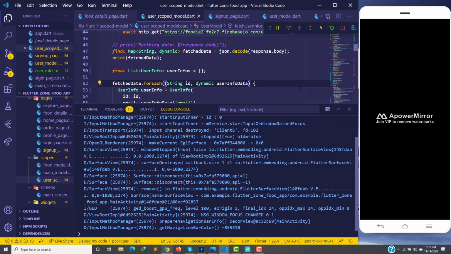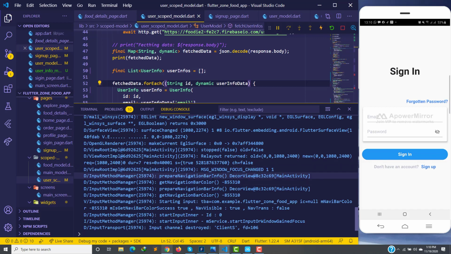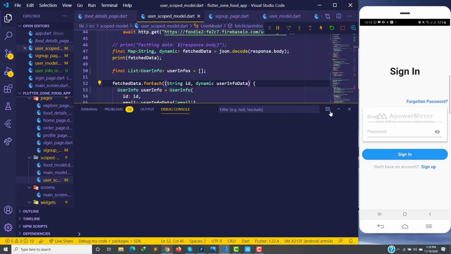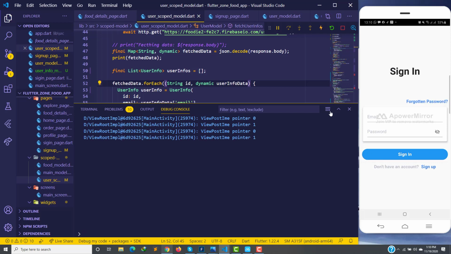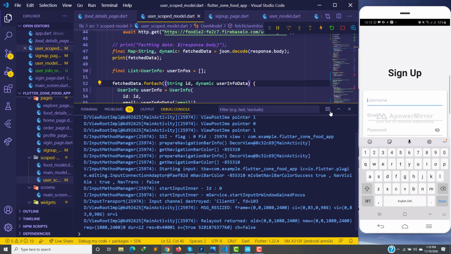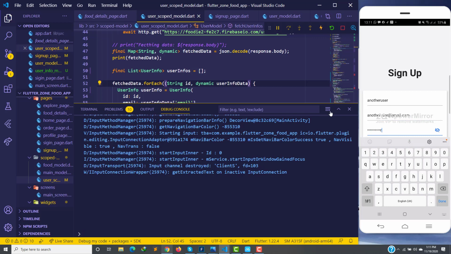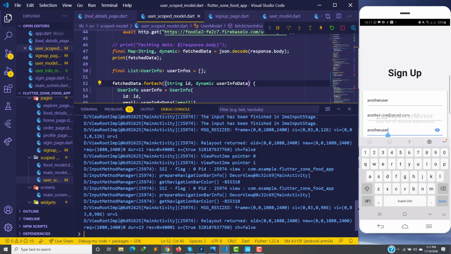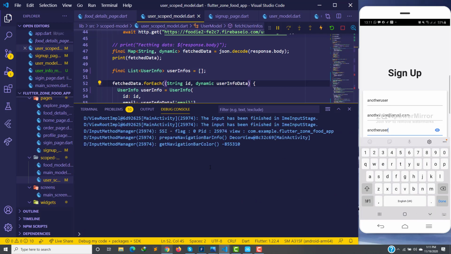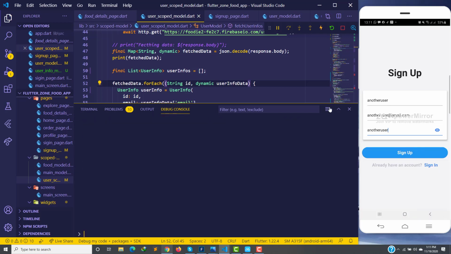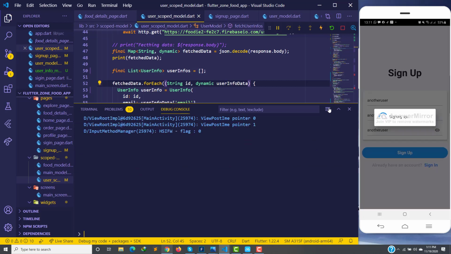So let's try and sign up, and see what we get. So sign up, and then we say another user at Gmail dot com, and then we can use another user as the password. And I want to clear this so that you can see what we have printed in our console, not database. Sorry. So let's see. After signing up,